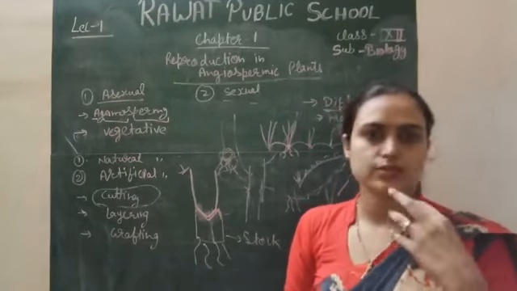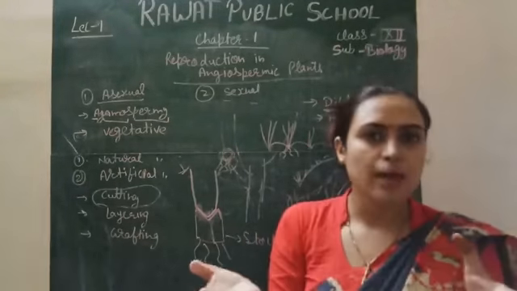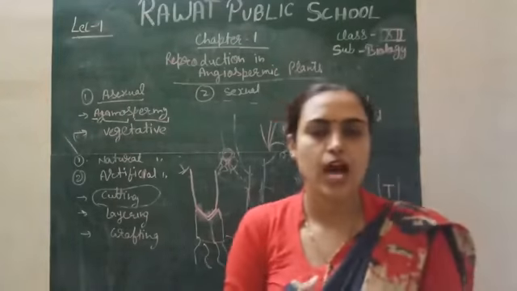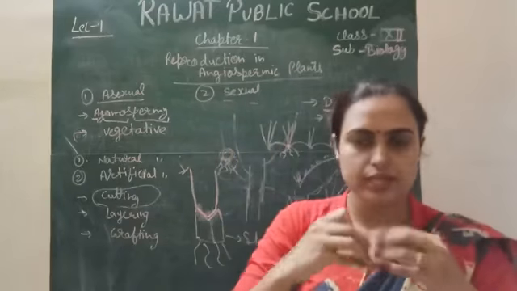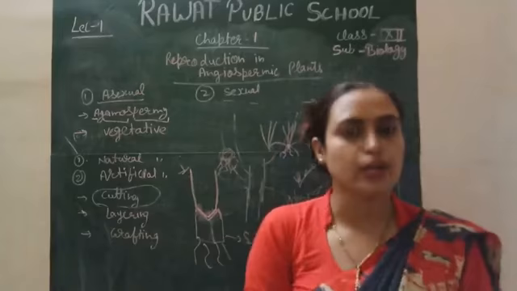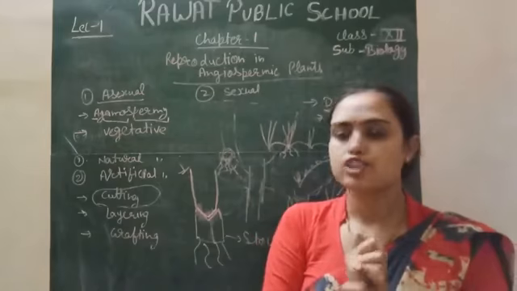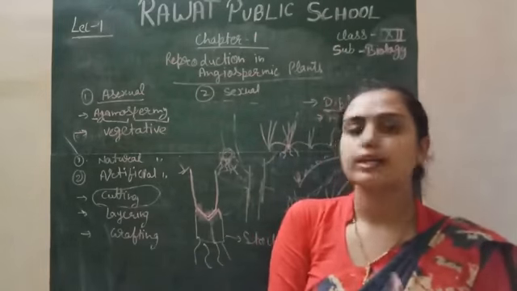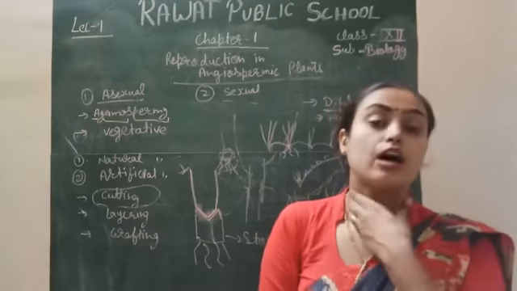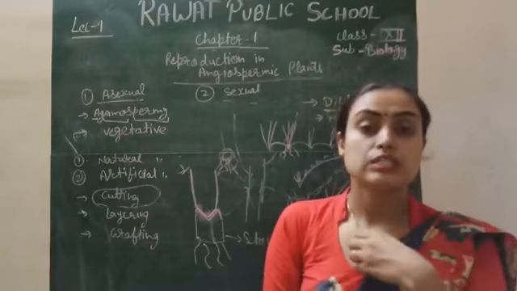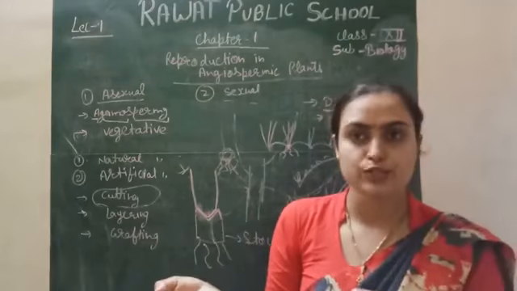The outermost is the calyx, which is green in color and helps in protecting the plant. Next is the corolla, the colored part of the flower, whose main function is to attract insects for pollination. The third whorl is the androecium, the male part made of stamens, which produce pollen grains and help in fertilization. The fourth and innermost is the gynoecium, or carpel, the female part, which produces the egg and helps in syngamy, the formation of zygote, endosperm and embryo.